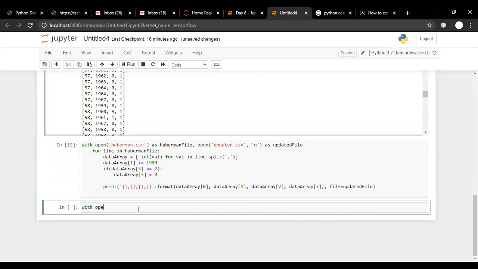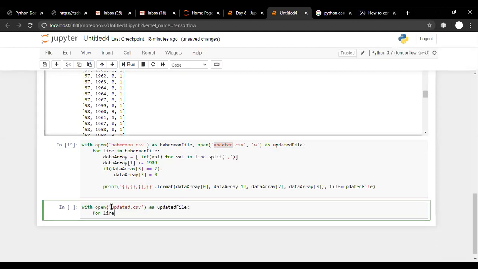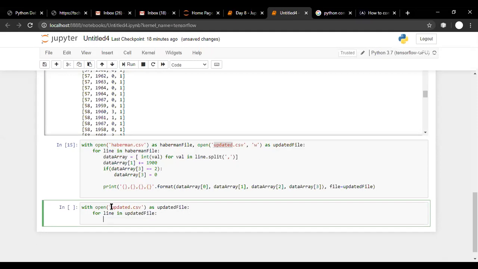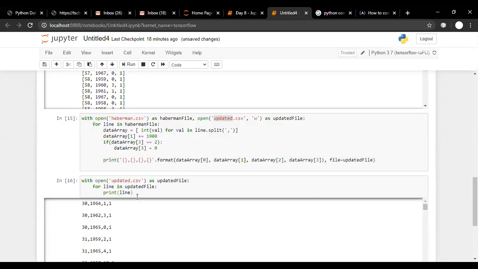So with open updated dot CSV, now we are opening this file as updated file, and then for line in updated file, let us say print line. I forgot one thing, end is equal to this thing.